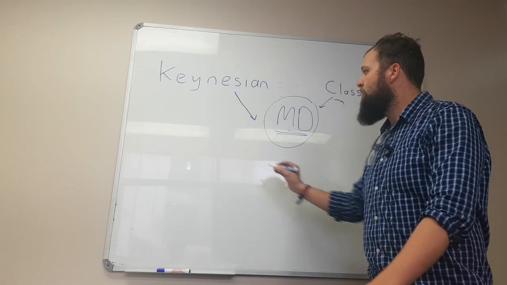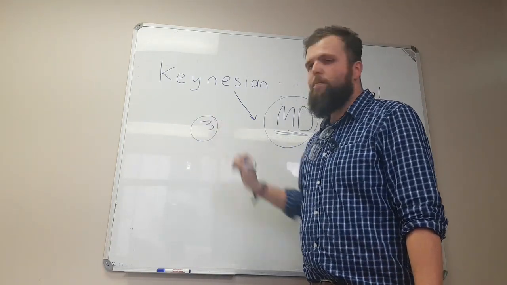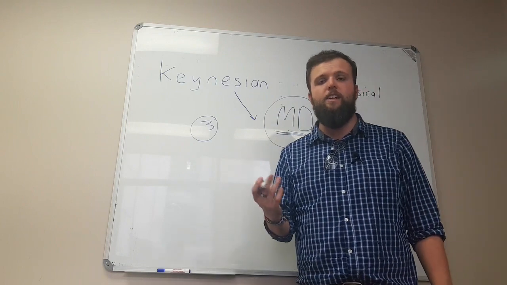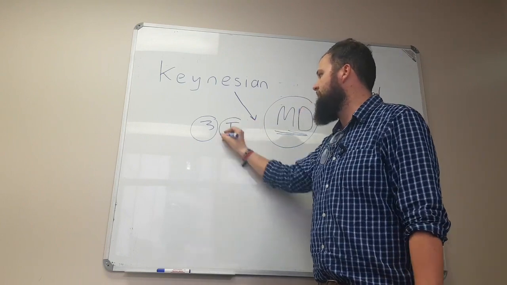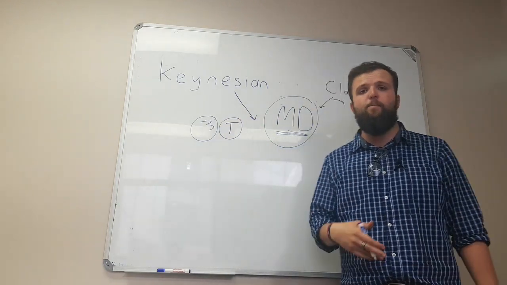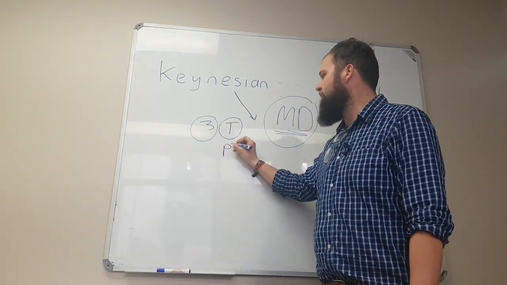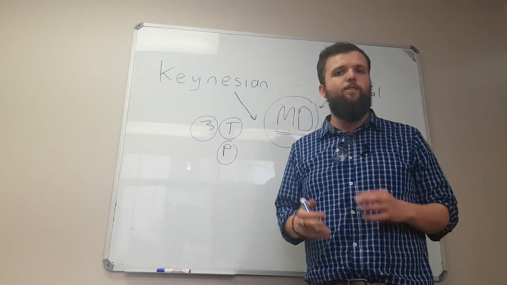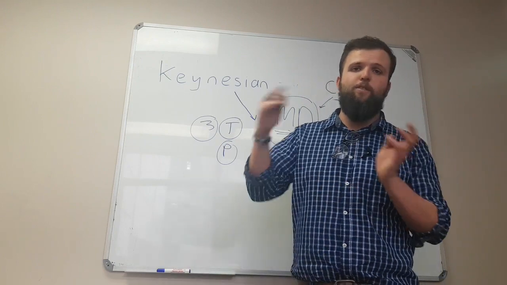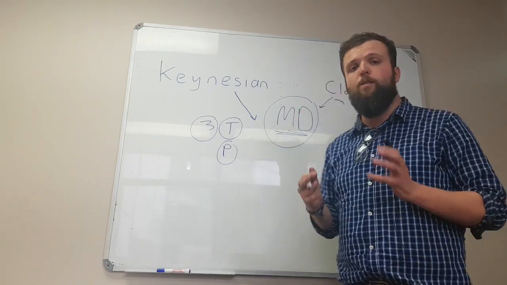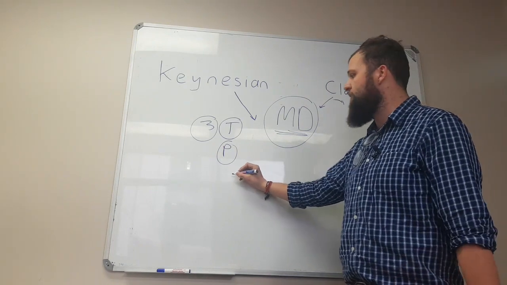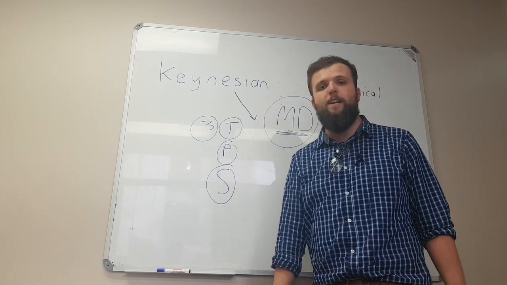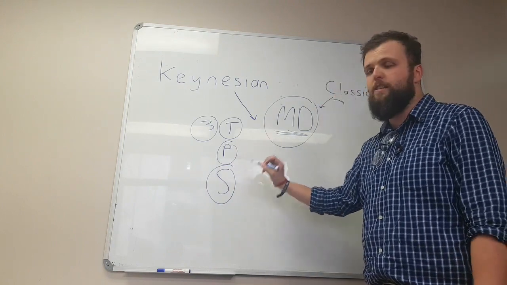There are 3 reasons why we want to keep money. The first reason is transactionary. We want to keep money because we want to make transactions, T for transaction. The second reason, we will also want to keep money for precautionary measures. You might want to keep it if someone goes ill in your family or if something happens to your car. You can't use a share and a bond in order to pay your medical bill. You need money. And the third and final reason, which is important, is speculative. Those are the 3 reasons why we want to keep money: transactions, precautionary, and speculative.